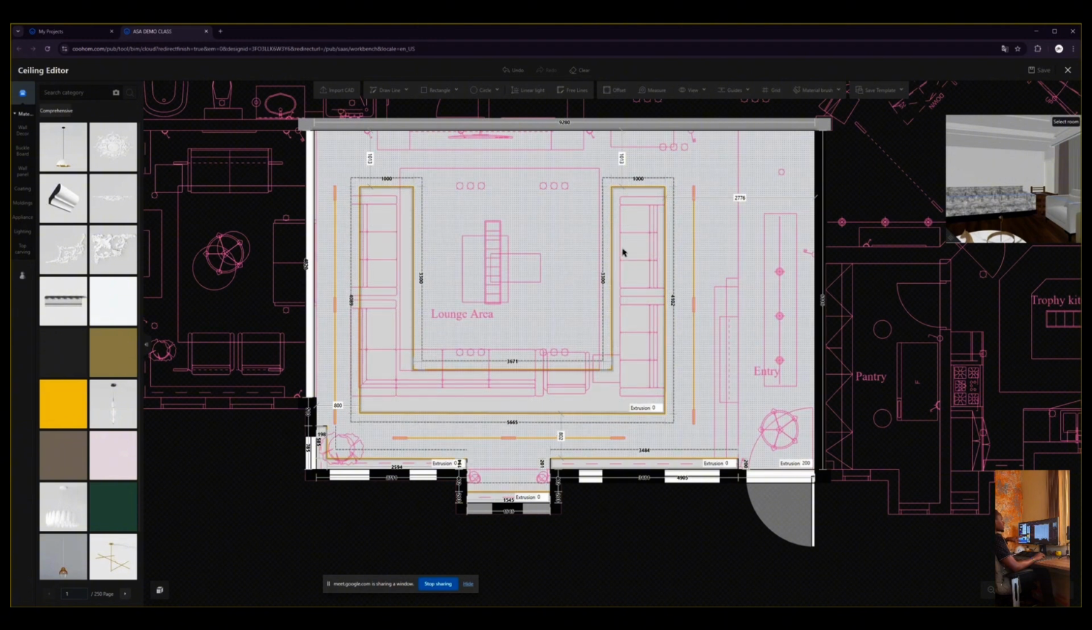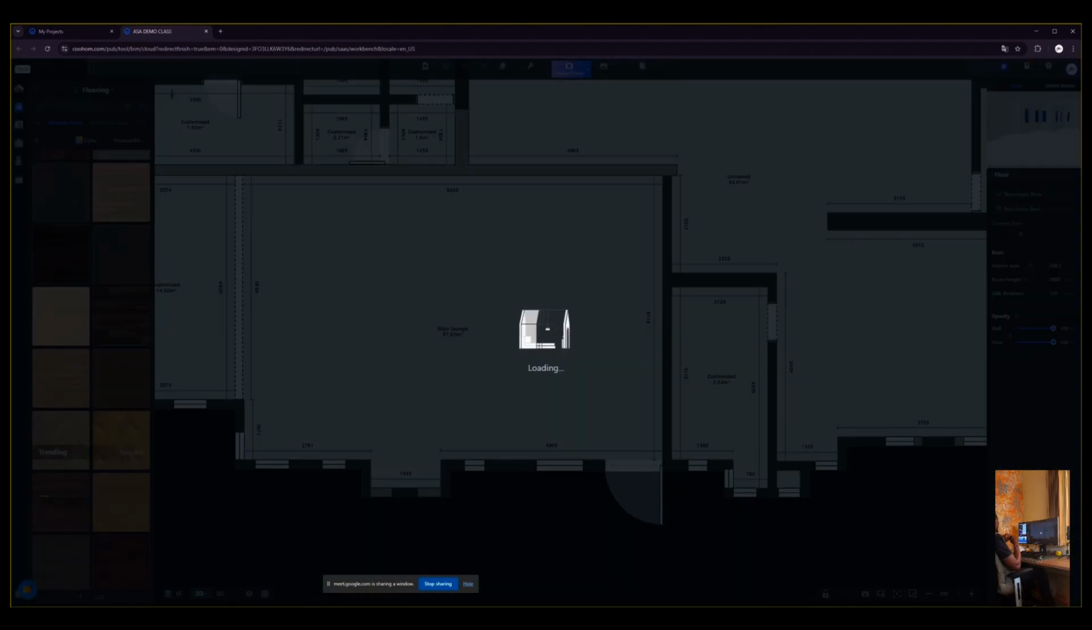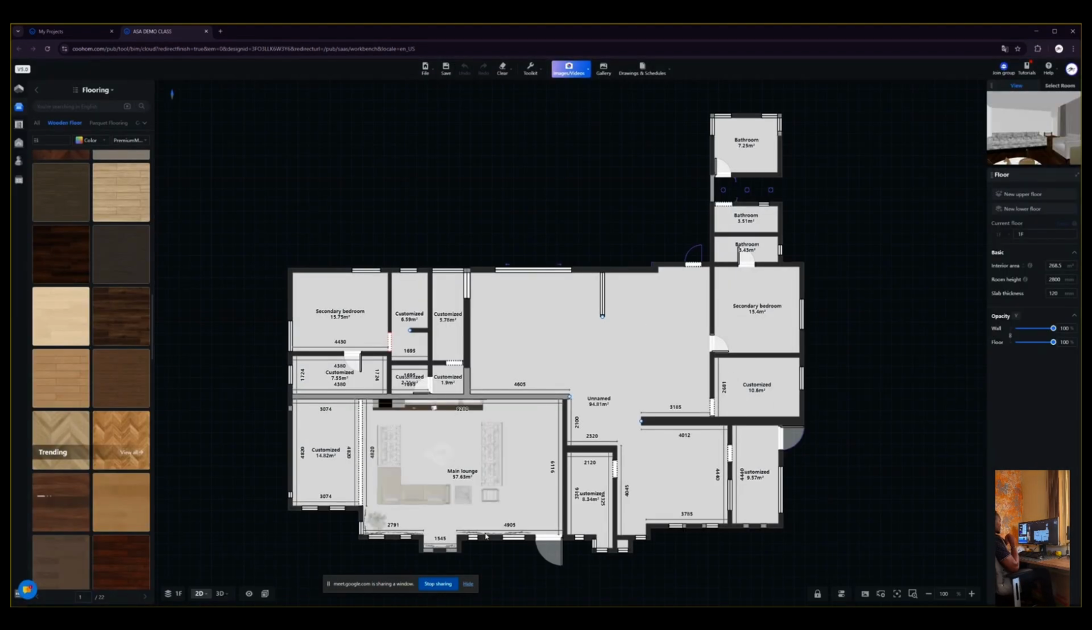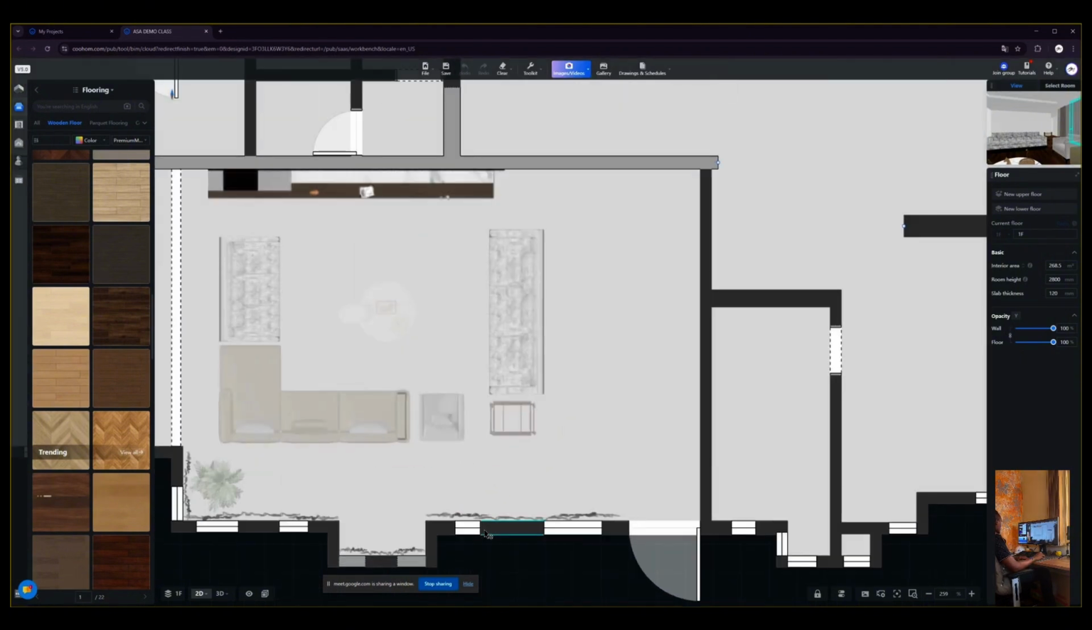So once this is done, I can now come back. I can save and then exit and go back to my floor plan on the other side and continue manipulating. So I think the next step we need to add now is we can do our chandeliers and downlighters, right? Okay, so